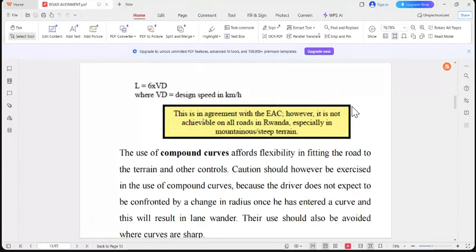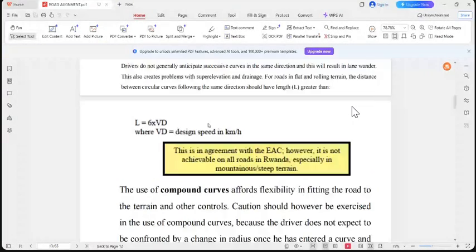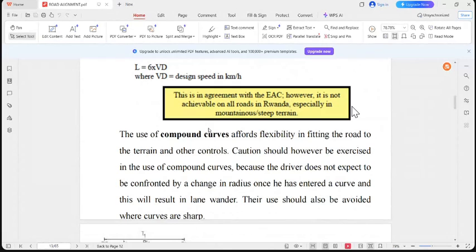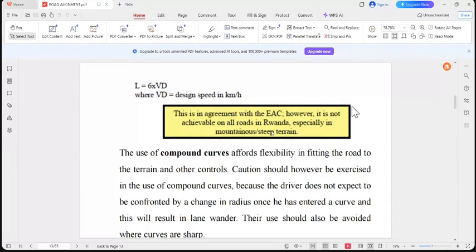In the agreement with the East African Community, normally for broken back curves, the minimum length of the curve can be expressed using this relation provided by the RTD design manual. Even if you look at other standards, there is a minimum length of the curve. Maybe that's a new terminology that I'm going to introduce to you, because from the beginning of curves, I was telling you that it is